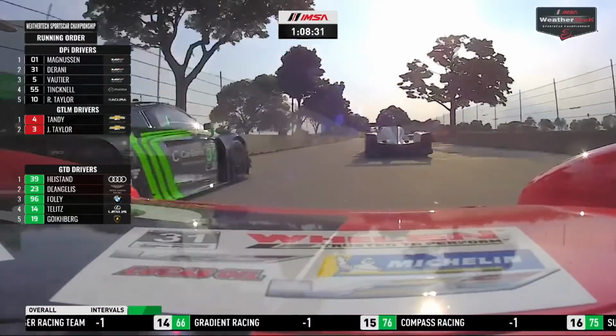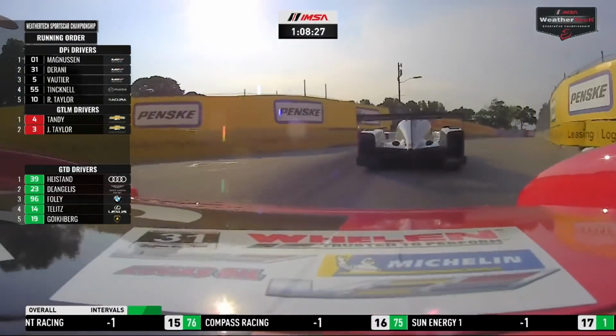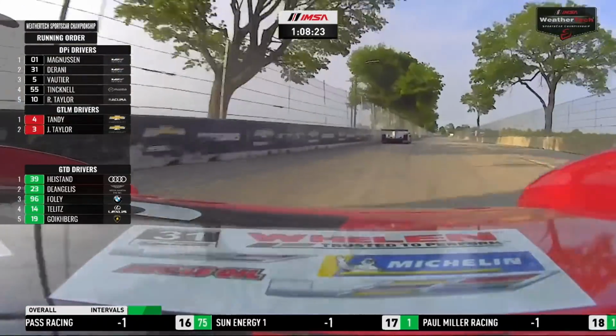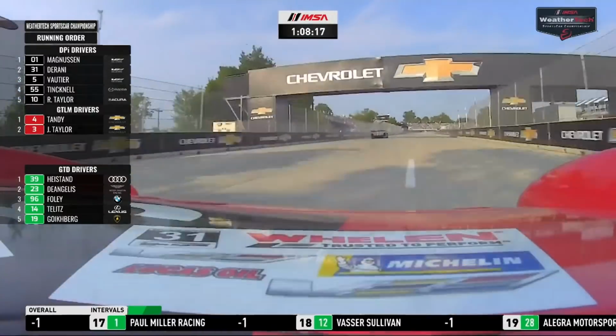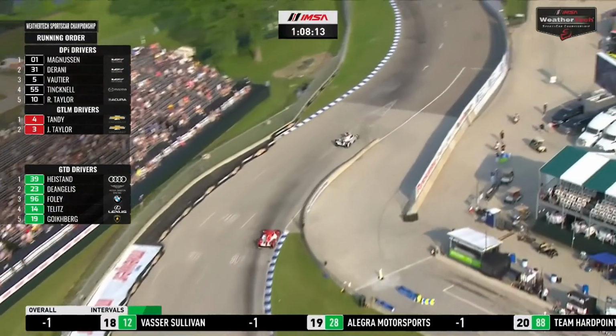And now he's under pressure. Comes through turn number 12 and 13, and Derani's right there. There's a sniff of blood here, an opportunity maybe for Pipo Derani. And the young Brazilian was on that very quickly indeed. Jeremy saw a chance and tried to close in, but Magnussen seems to have weathered the storm as he goes